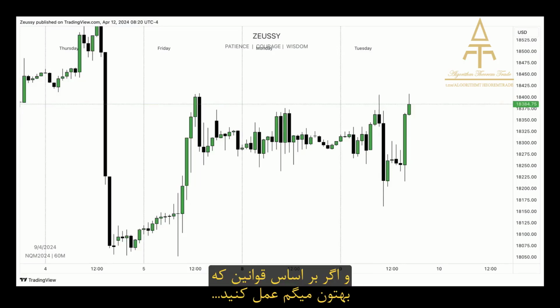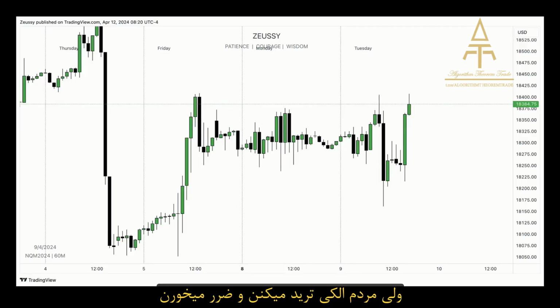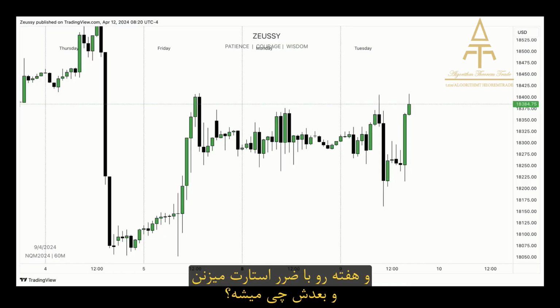However, if you're trading according to the rules that I'm providing you, on your demo account of course, this is not the environment in which you want to push it. And this is exactly the environment in which people try to push it too hard and they take unrequired losses, and that begins the week in a negative way.